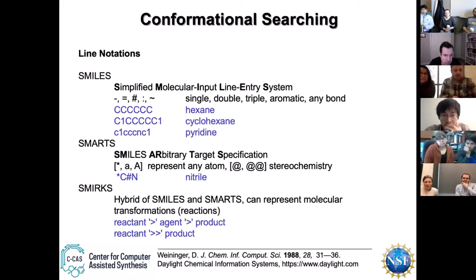SMARTS is built upon SMILES, so we're getting a little more complex. There are a lot of things we can't represent with SMILES that SMARTS builds upon, like stereochemistry. So we can now do some R and S enantiomers with SMARTS. We can now represent any atom with a wildcard. So let's say I have a big database of SMILES and I'm searching for this, let's say, nitrile group. So I can say any atom with this wildcard character, or capital A, and then my C triple bond